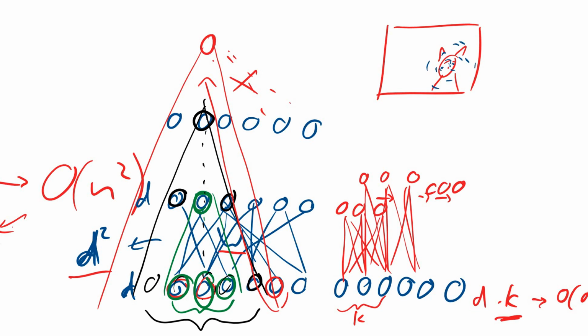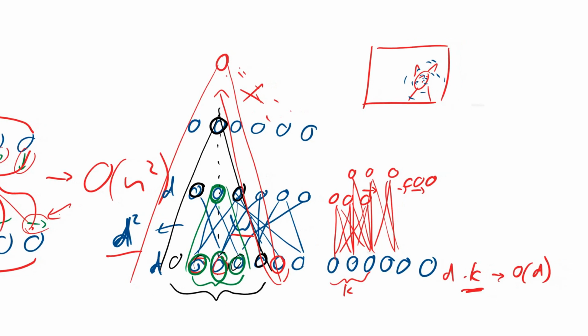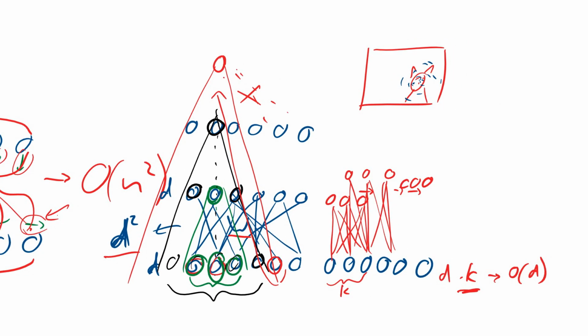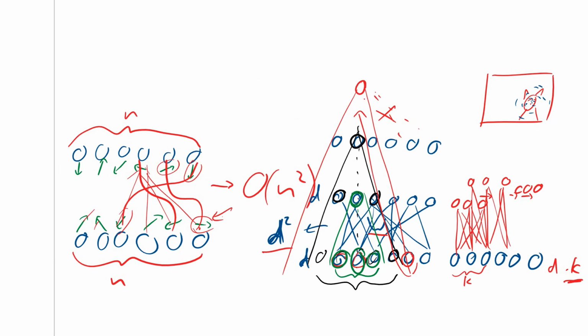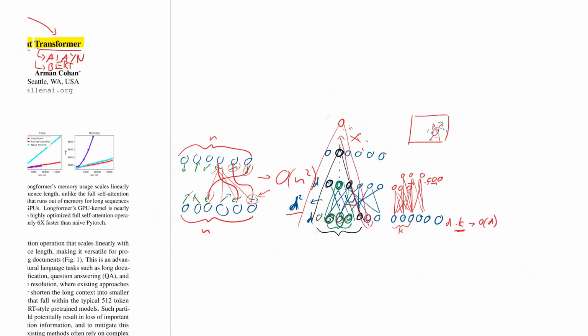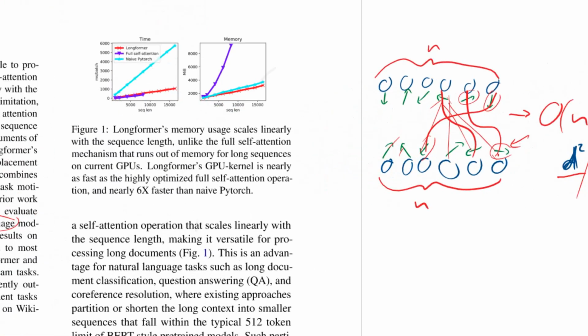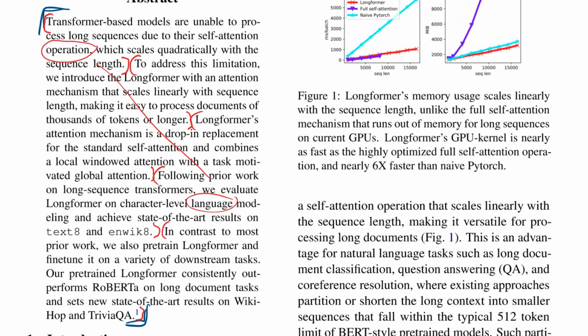So in an image that makes sense, and in a text it also makes sense to a degree, in that usually words close together in a sentence are important for each other, right? But the power of the transformer was initially that it could attend to everything in a sentence, right? So for example, if you have again the paragraph here, the power of the transformer, at least that was said,